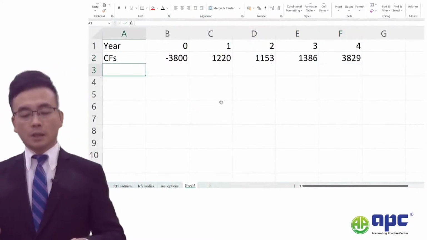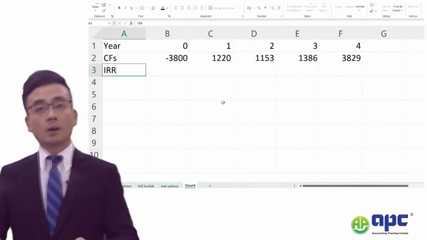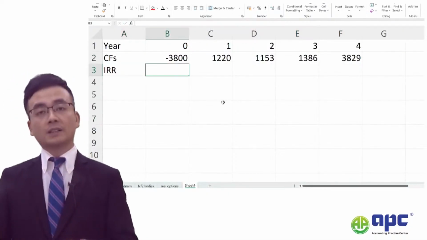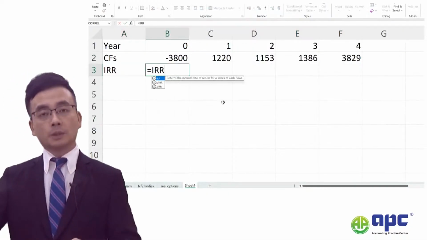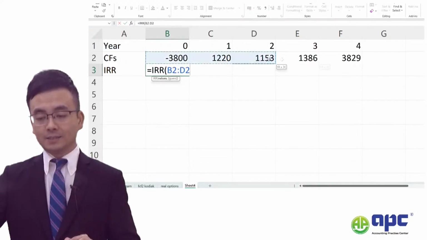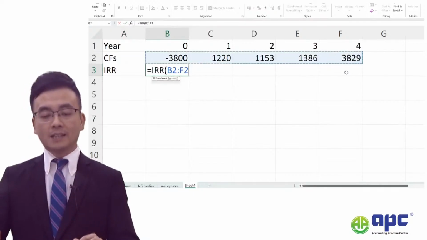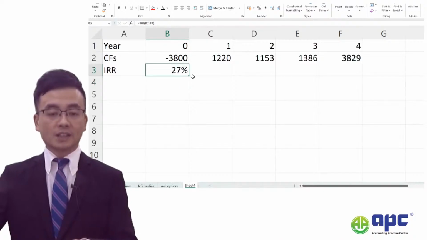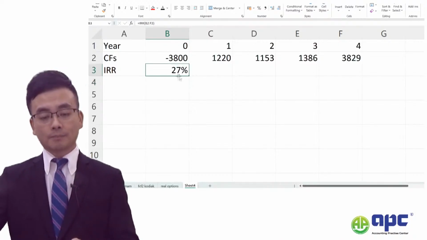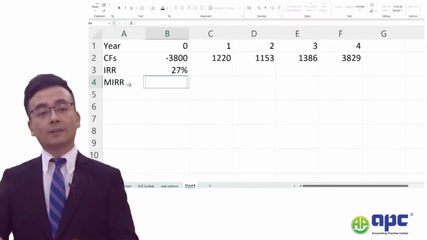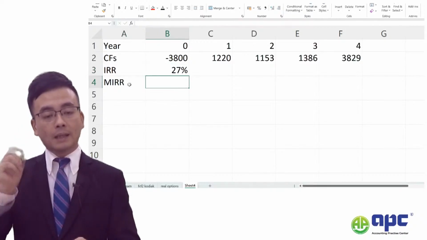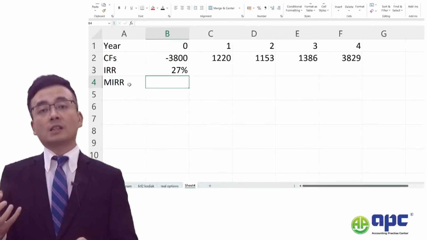All right. Now, in order to calculate that IRR, it will be rather straightforward. You simply insert the IRR formula, open the bracket, select the undiscounted cash flows and press enter, and that would be 27%. Simple as that. MIRR, on the other hand, would make the figure a bit less because it changes the reinvestment assumption